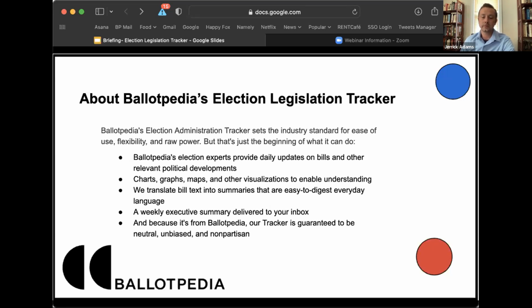What we've done is we've identified 22 broad subject areas that relate to election administration. These are things like absentee mail-in voting policy, in-person voting place procedures, redistricting, so on and so forth. Within each of those broader categories, we've created more specific tags to describe what specifically a bill might deal with with respect to that broader policy